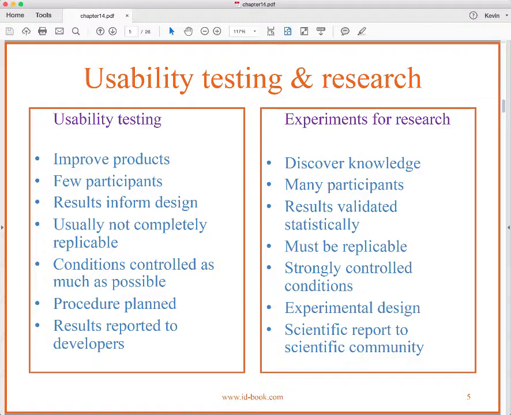The results of the testing inform the design. It's usually not completely replicable, which is to say, we may be doing this in such a way that if we went to publish it in a research journal, we might not